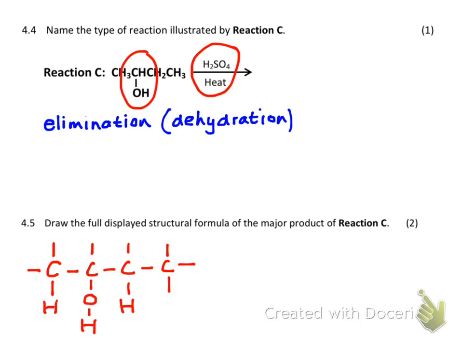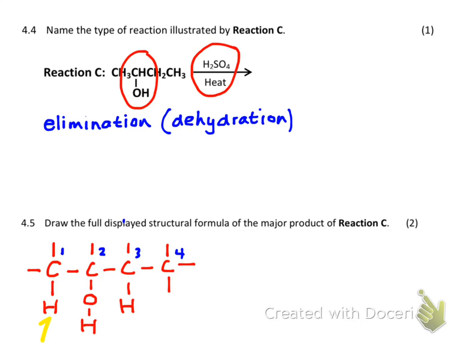All right, 4.5, draw the full displayed structural formula of the major product of reaction C. I've just drawn out the reactant there, butan-2-ol. And we have to decide which of the hydrogens are going to be removed during the elimination reaction. Let's just number the carbons quickly, numbering from the left to give the OH the lowest number. So either the hydrogen on carbon 1 will be lost or the hydrogen on carbon 3. And the rule says that the hydrogen on the least substituted carbon, in other words, carbon number 3, will be